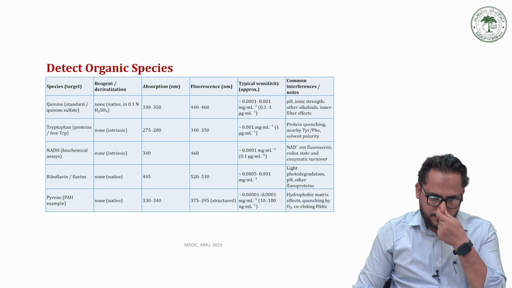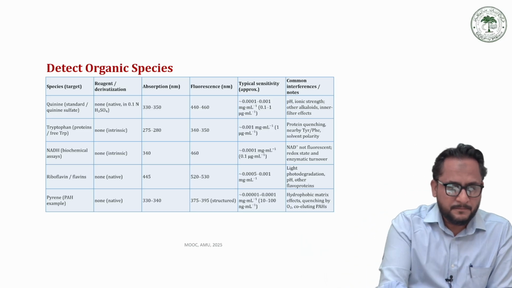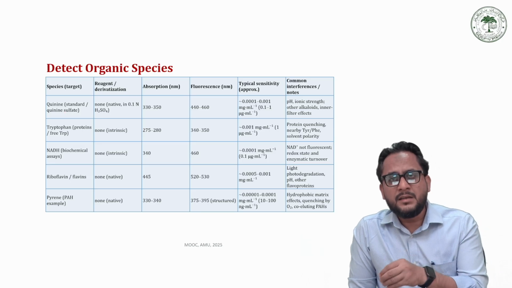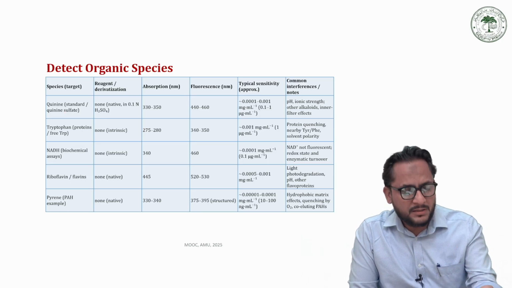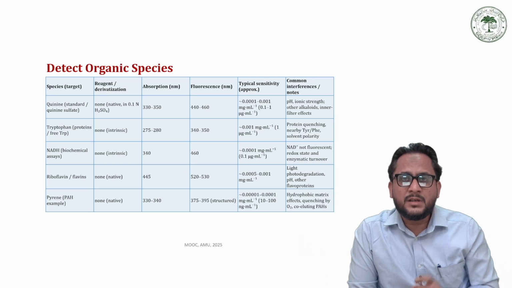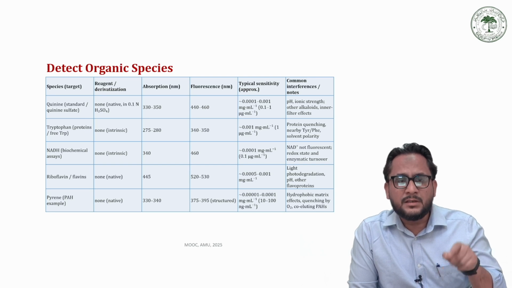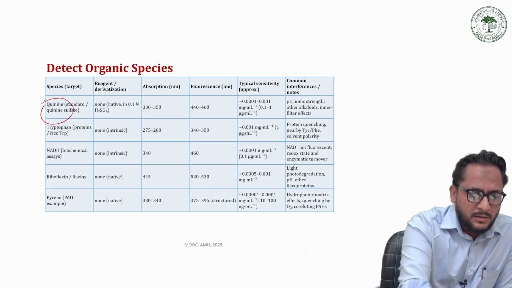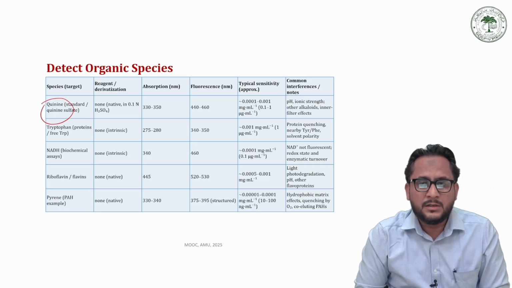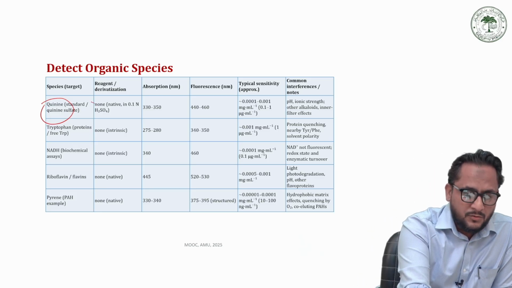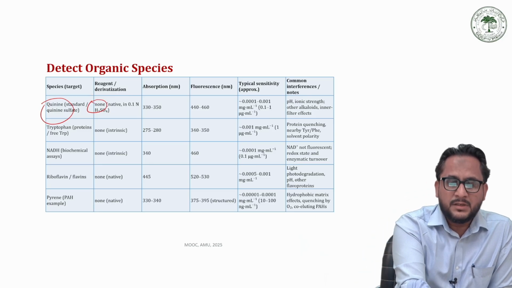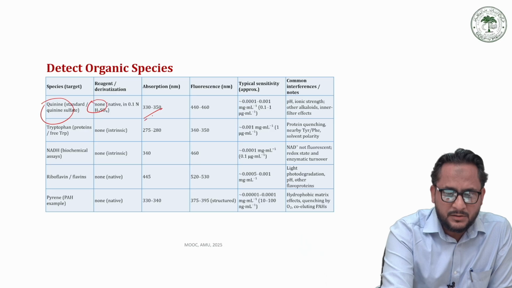For example, this table shows a number of target analytes that can be analyzed by fluorescent methods. Now in this table, some of the compounds that are naturally fluorescent do not require any derivatization. For example, the first one, quinine. The quinine molecule can be identified, and since it is a naturally fluorescent compound, we do not need a derivatizer for it. When it is being illuminated with light, it absorbs light radiation of 330 to